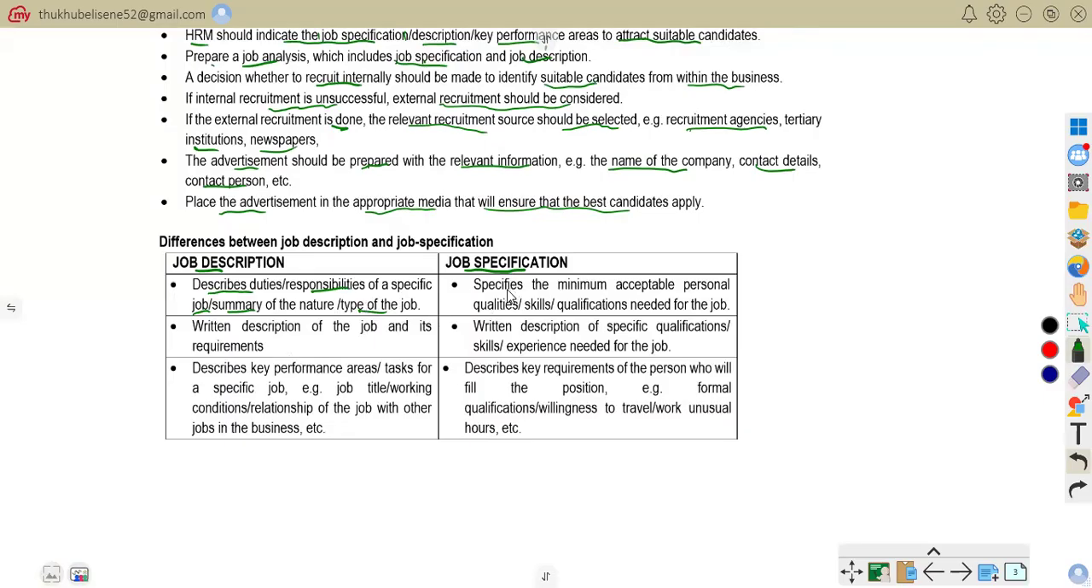Also, a job specification specifies the minimum acceptable personal qualities, skills and qualifications needed for the job. So with this one, the job specification describes the minimum skills and qualifications needed. For example, grade 12, basic math skills and good communication skills. Those are the skills or qualifications that are needed. So that is job specification. So let us move on